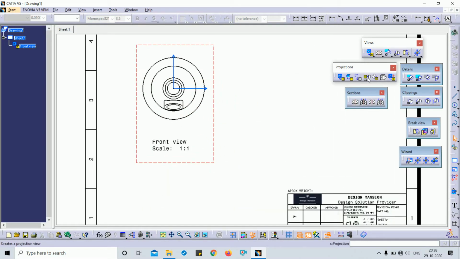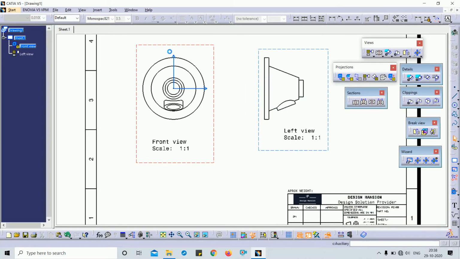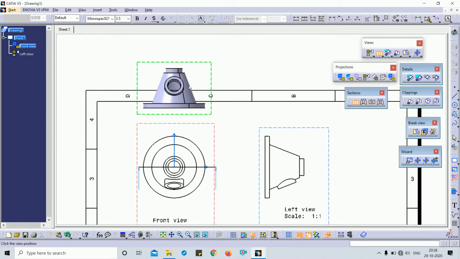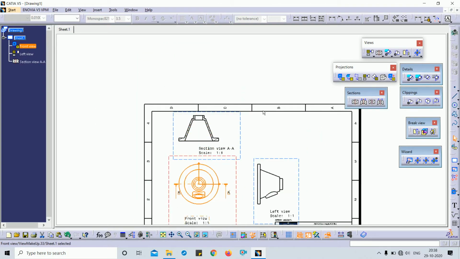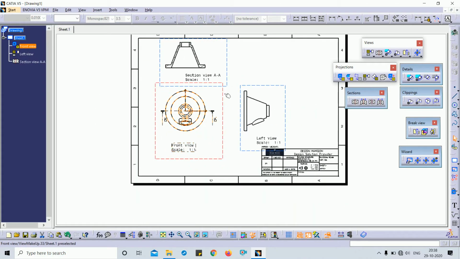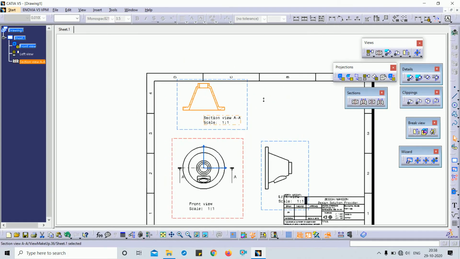After that, I have to project the views. This is my section. You just have to adjust all these views.